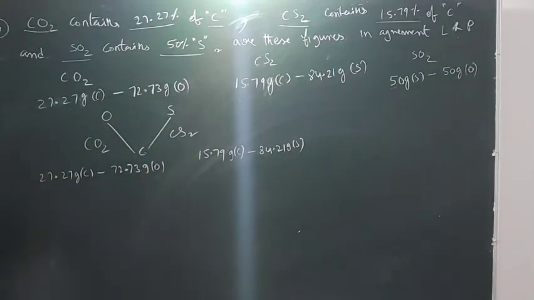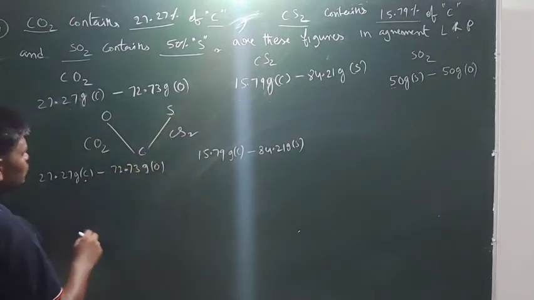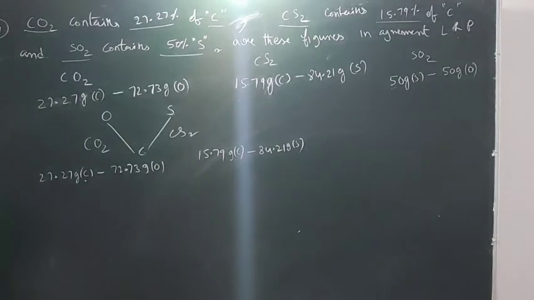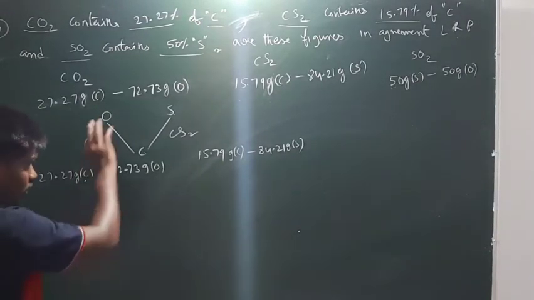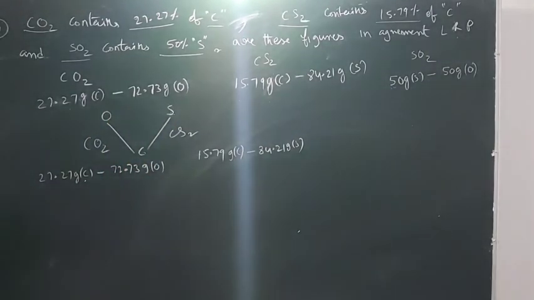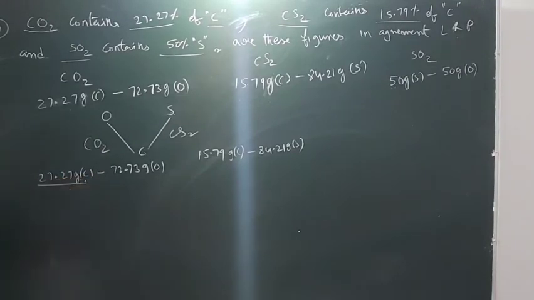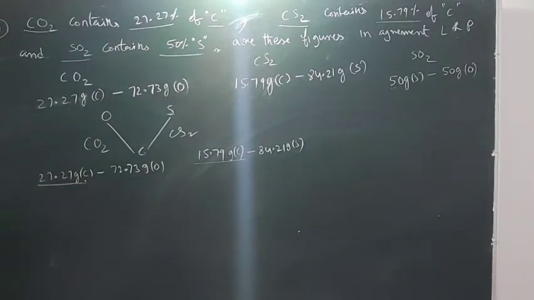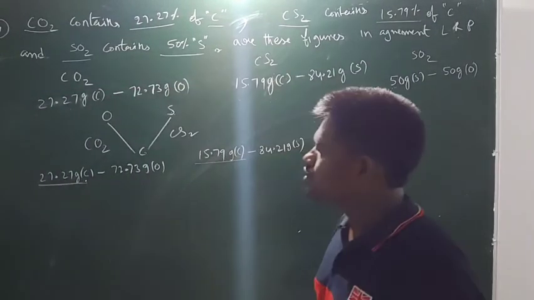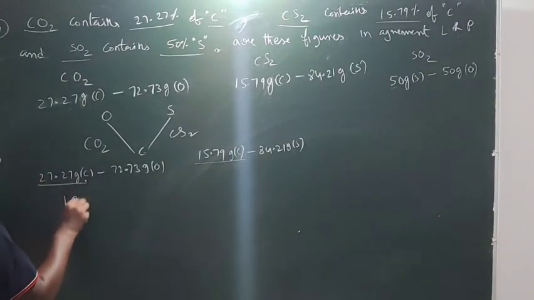Now you see, guys, oxygen and sulfur are not combining with a fixed mass of the carbon. The carbon mass in the CO2 is different, according to the given question, as I am saying. Here the mass of the carbon in carbon dioxide is this one, and here it is 15.79 grams. Both are not the same. So when the masses of the third element are not the same, what should we do? We should fix the mass. Let me fix the mass of the third element, that is carbon, as 1 gram.